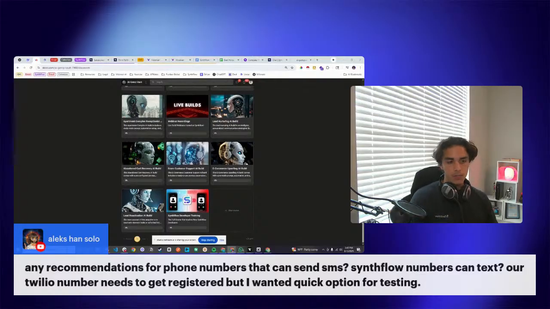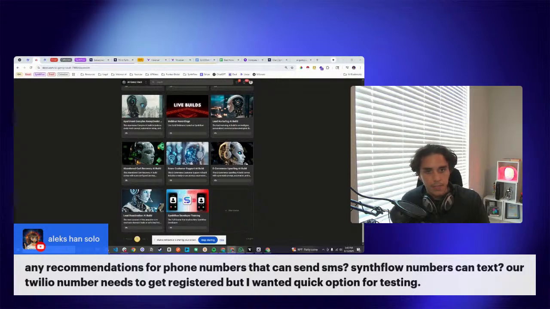I'd say it's best for you to test it out before doing anything like this. My immediate response is probably no. They probably don't do the A2P, but maybe they do, and maybe I'm wrong. But the safe route would just be creating a Twilio account and then registering for A2P, which allows you to send out text messages.